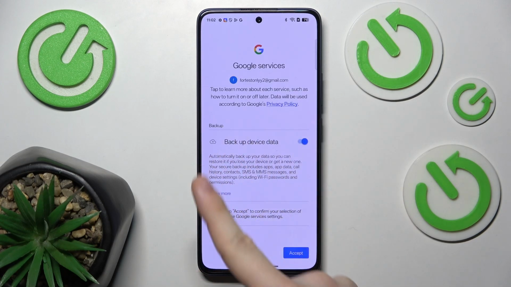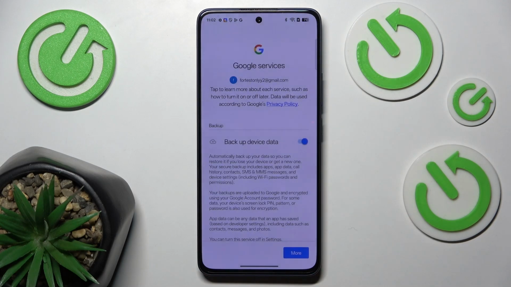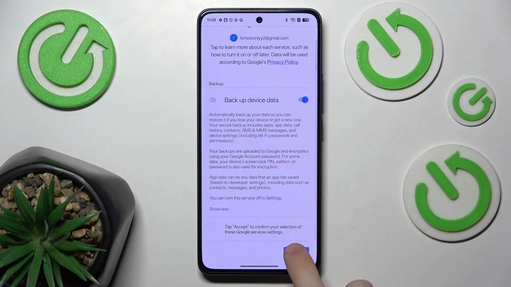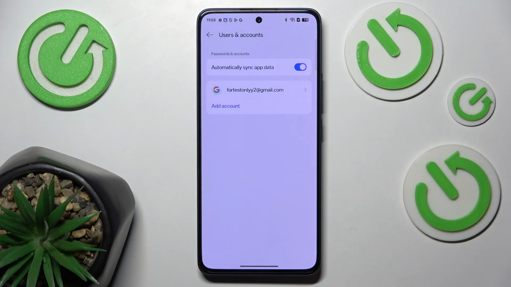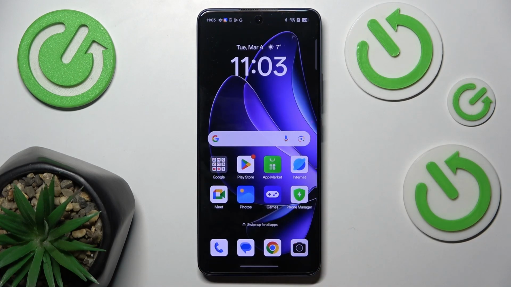Then you can choose whether or not you want to backup your device data, and most probably I would suggest leaving that selected because it makes you not lose your data in case something happens to your phone. I'm gonna accept it, and now let's go back and let's go to the next step,